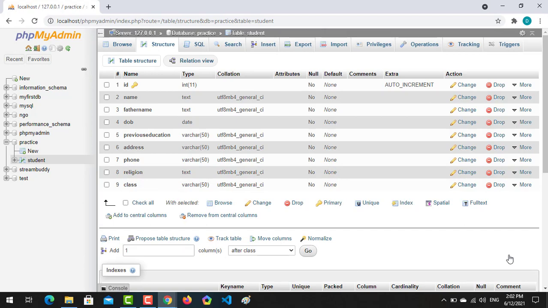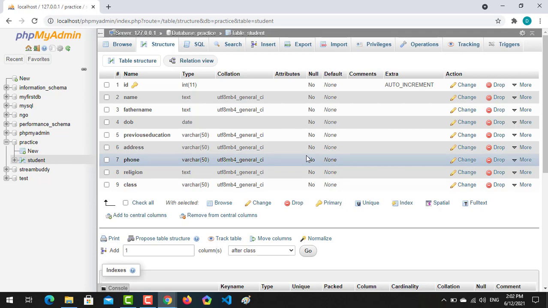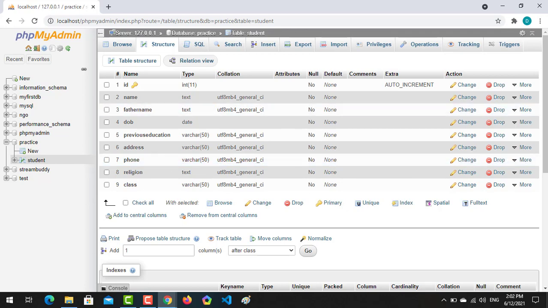When we want to insert any kind of value, there are two ways. You can apply the first one, or you can apply the second one. So we are moving toward the first one. Let's see how it works. Whenever you open your table, you can see the options: browse, structure, and SQL search. I've already explained what the structure is and what it is used for. All you need is to click insert.